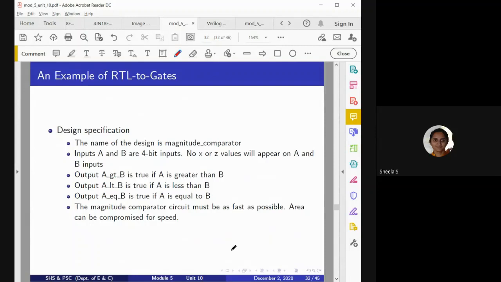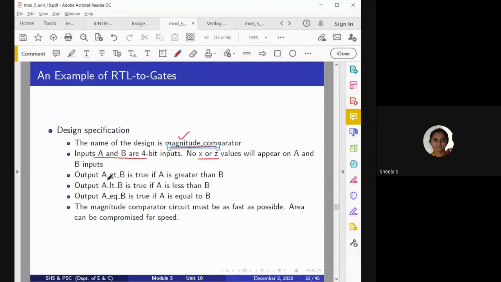In this example, we are considering a 4-bit magnitude comparator. If you want to design a 4-bit magnitude comparator, how will the designer look at the corresponding synthesis flow? First, when a designer is asked to design a 4-bit magnitude comparator, he will specify the name for the device and the corresponding input and output ports, and while considering the inputs there must be no undefined or unknown values.